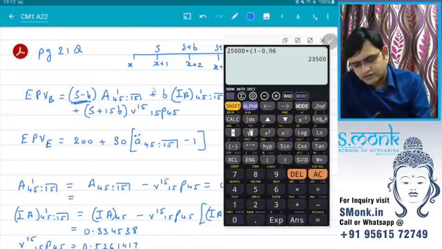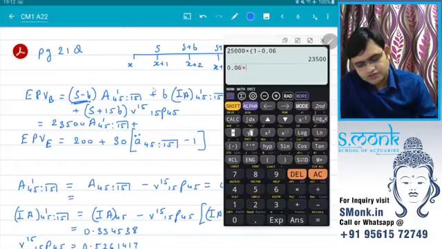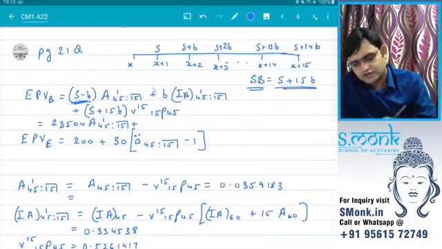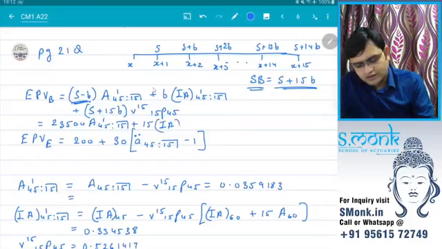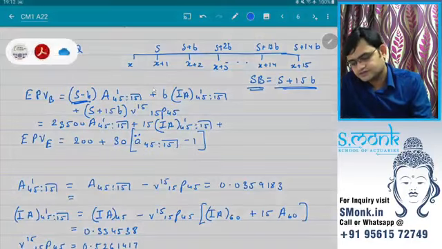That is the first value, that would be 23500 by A45-15, and plus 0.06% of 25,000 is 1500, so 1500 by A45-15 plus